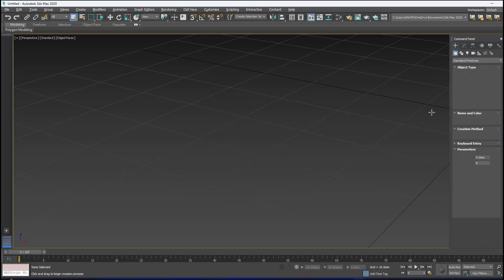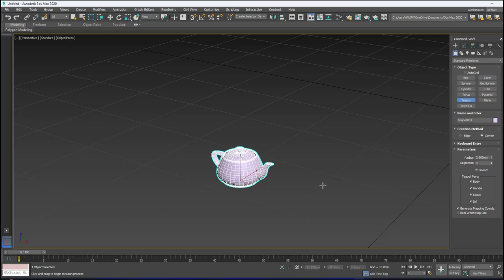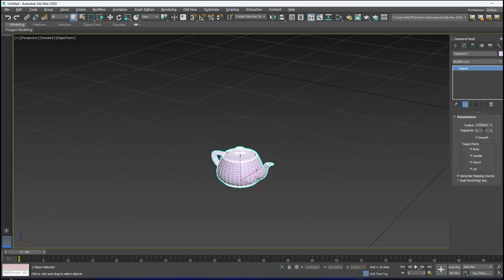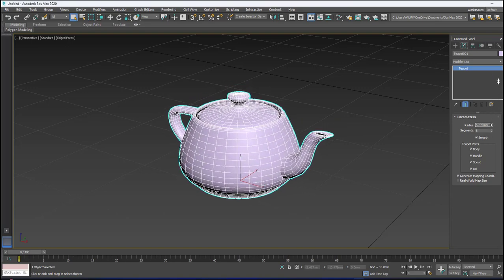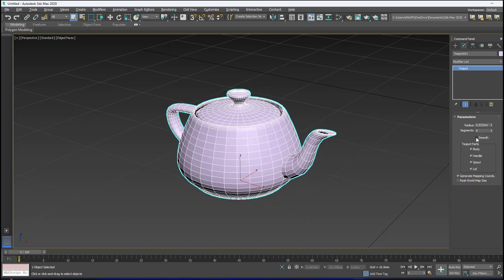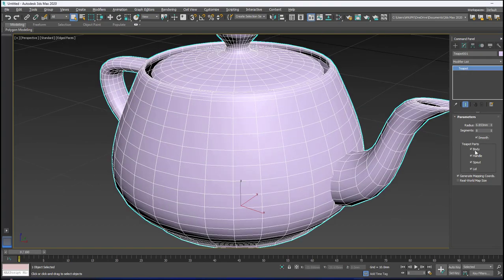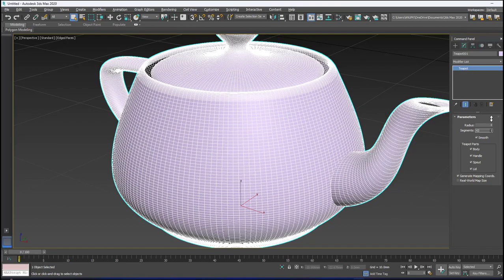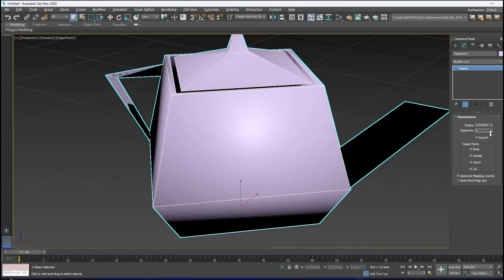Next we have teapot: center, radius, and just click it. Go to the modify and then change the radius depending on the requirement, and then smooth it. Here is how you can smooth and hard. Number of segments to get the extra smooth, and then reduce it like this.